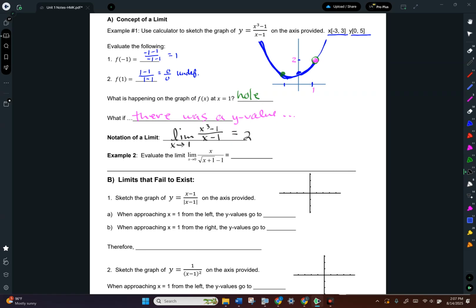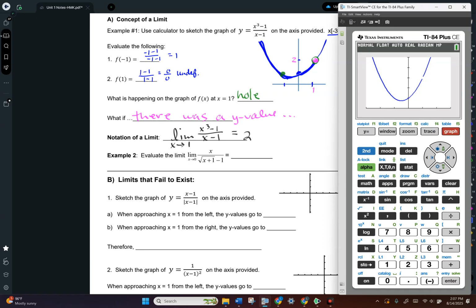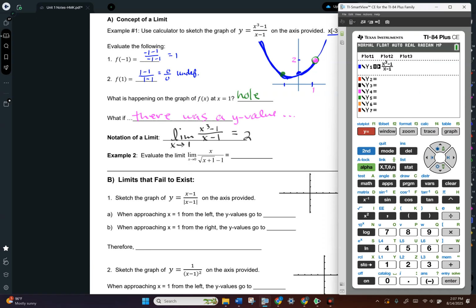It says evaluate the limit. So I want the limit as x approaches 0. So I'm going to graph this function, and I'm going to see what's happening right there at x equals 0. Okay, so I'm going to graph, go back to my y equals. I have a fraction,